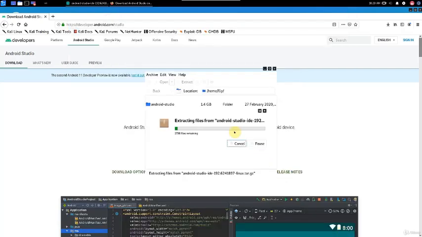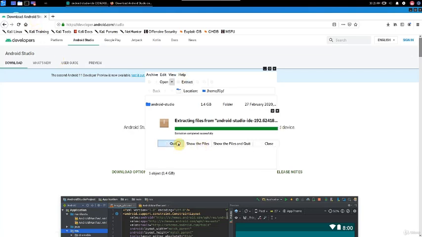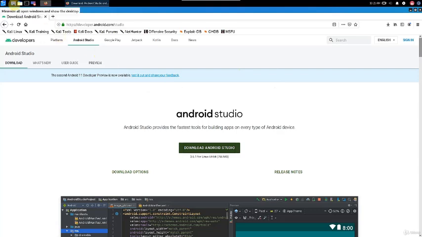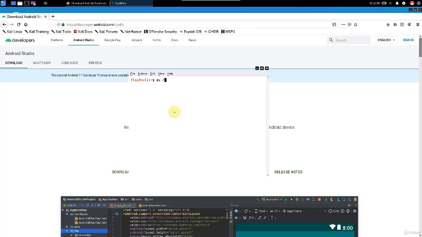That requires permissions. Let's just put it in the downloads folder for now, and then we'll just move it to user/local later. Okay, and extract it to your downloads or home location. Extract. Now open your terminal and go to the location where you downloaded it. And we want to move the Android Studio folder to user/local, or wherever you prefer to have your applications. In our case, we're just going to move it to user/local. Make sure to move with sudo.